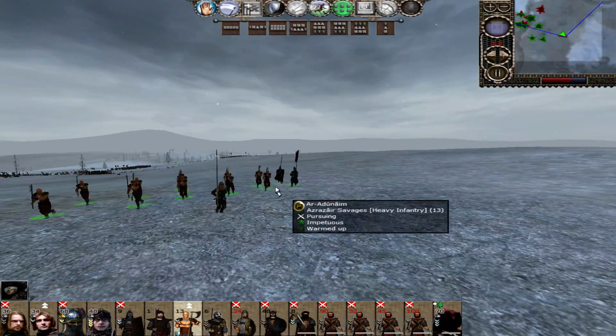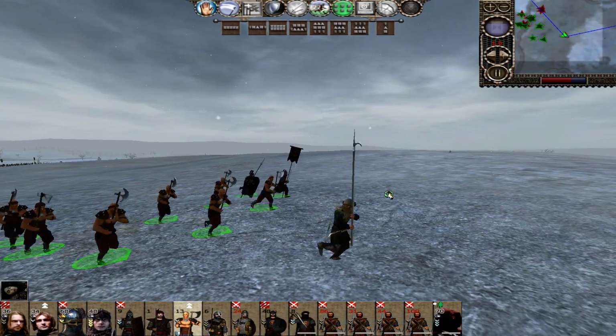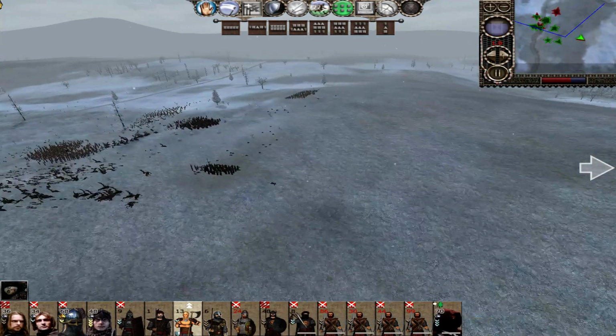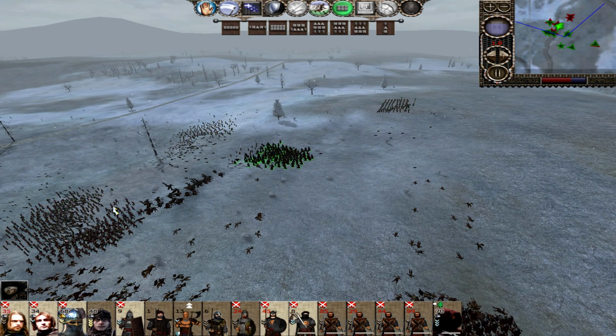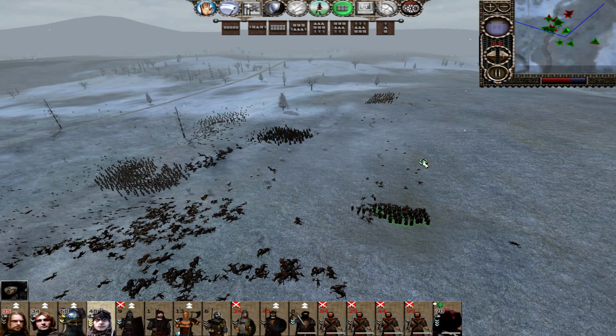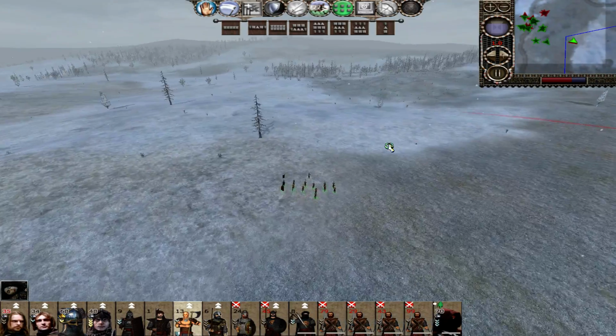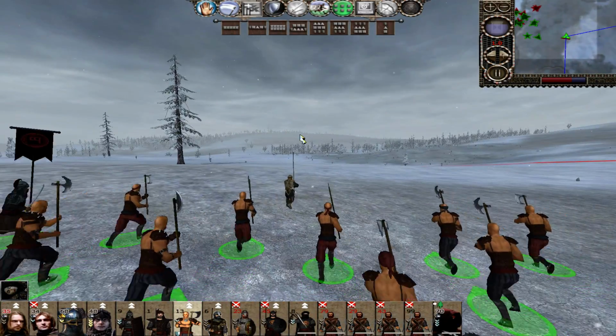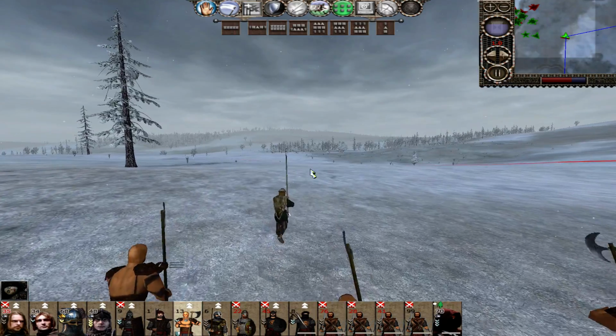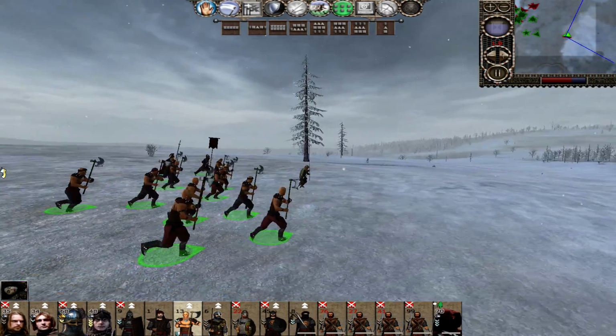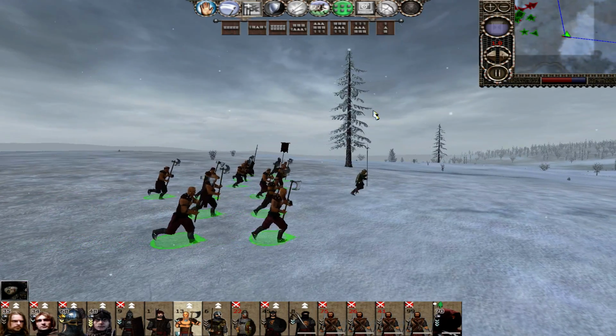Fan out, give him no quarter. That was awesome. Oh, they found out. Oh, we're getting close. Come on! I don't care about everywhere else. Just attack things, do stuff. You'll win soon enough. You guys go and chase those Banderbrass archers down. I'm more interested in what's happening over here. Are we gaining any speed on him there at all? They're only warmed up. He must be exhausted by now.